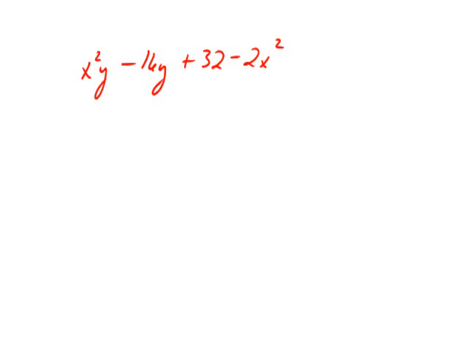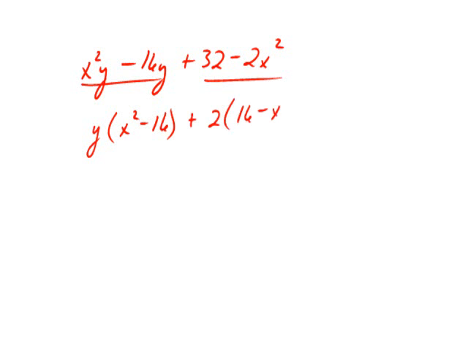In this problem, it's already in order. We can pair the first 2 and pair the last 2. In the first 2, I can factor y out. In the last 2, I can factor 2 out of each term. Now notice in my parentheses I have x squared minus 16 and 16 minus x squared, which are opposites of each other, which means if I factor a negative 1 out of that second parenthesis,